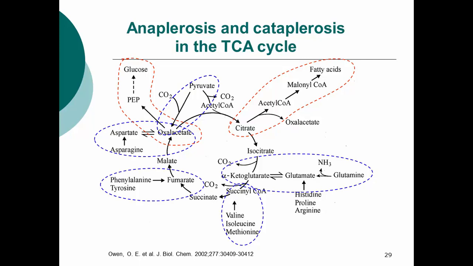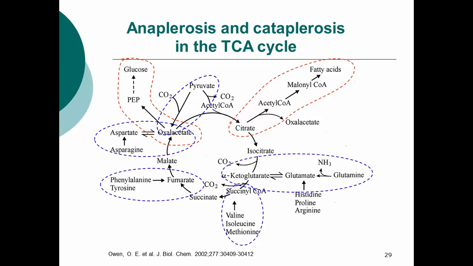And similarly, for this reaction, valine or isoleucine or methionine, these amino acids can also be converted to succinyl-CoA, right? So adding succinyl-CoA to the TCA cycle, and phenylalanine or tyrosine can also add fumarate to the TCA cycle, and similarly aspartate or pyruvate, right, converted to acetate. So all these reactions or processes are considered anaplerotic, right, because they can add intermediates